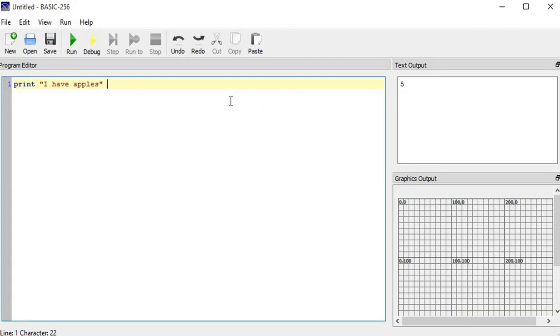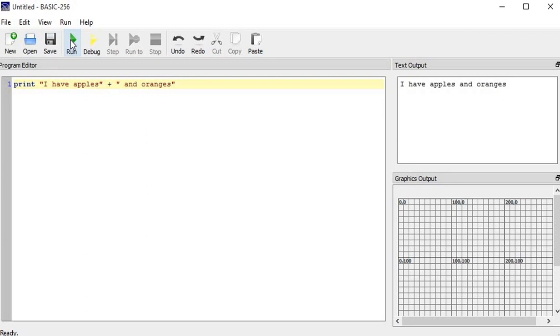For the second one, concatenation can be done by using the plus operator, and oranges. So let's run this and see what we get. I have apples and oranges, and I will just put a space here. So the two strings are joined by using the addition operator, but here that operation is called concatenation.